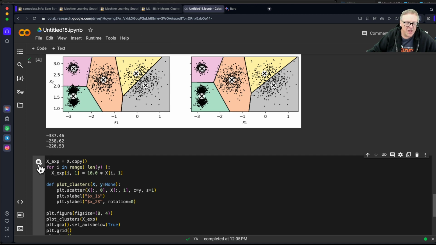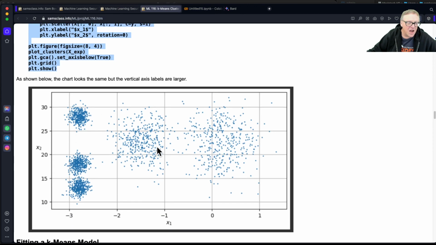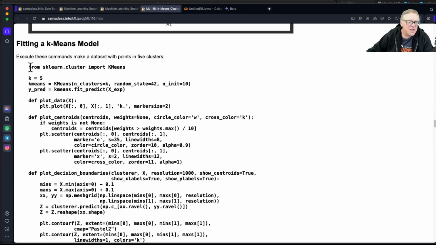So the two ranges are approximately equal. But now I'm going to multiply the vertical one by 10. So it's the same pattern of dots, but this is now going up by 10s when this is going up by 1s. And that is going to foul everything up. If we fit a K-means model to this one,